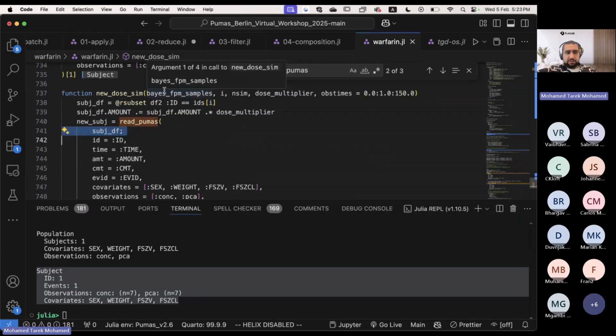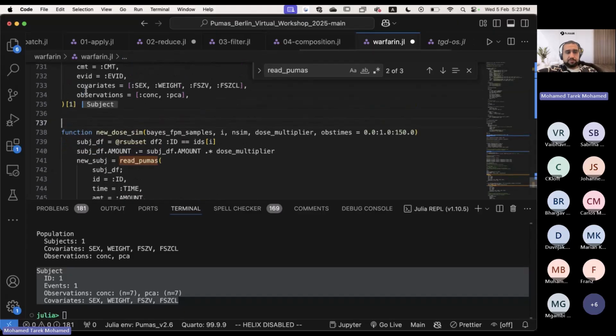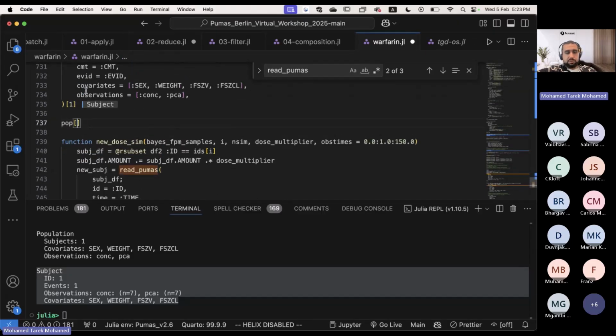Now, what we could have done is, instead of doing all of this, we could have directly accessed the subject from the population. So we could have just tried to access the subject from the population like this, and then try to modify the dose. So there is actually a way to also change some